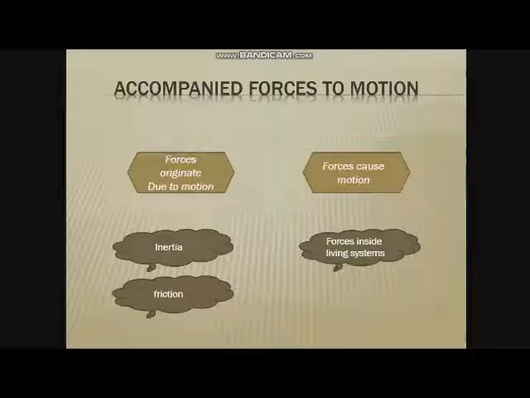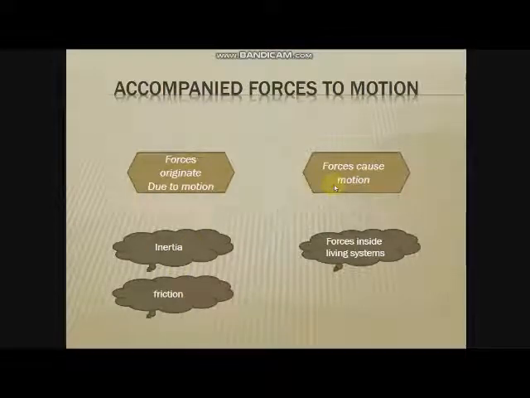Hello everybody. In the previous lesson, we talked about fundamental forces in nature. But now, in this lesson, we will talk about accompanied forces to motion. What's meant by the words accompanied forces to motion? It means the forces which come with the motion of the object or which are related to the motion of